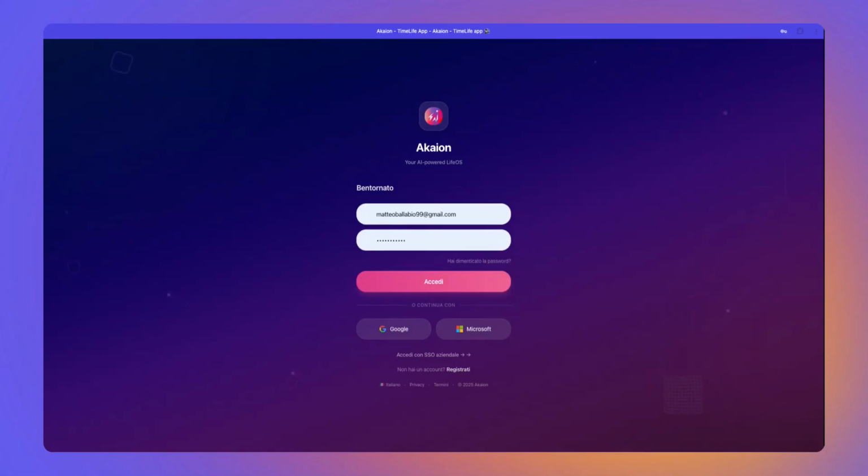Now I'm entering the app using username and password. Now you can go to the settings part, where you can also change the language. You can go into the integrations, and here you have the possibility to integrate different providers in this app of Akaion. For example, with Google, you have the possibility to link an account such as this one,